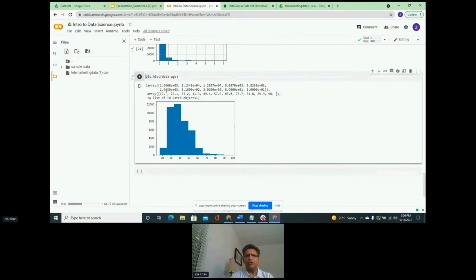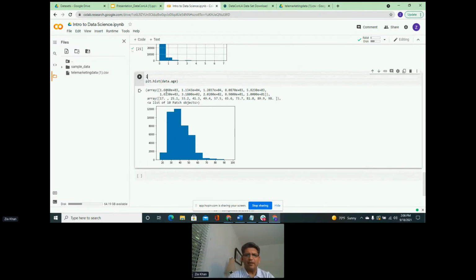For us to use log, we need another library, which is NumPy. So I'm going to import NumPy as np, and we are going to take a log of this feature, which is np.log.